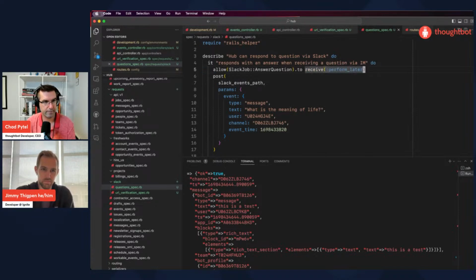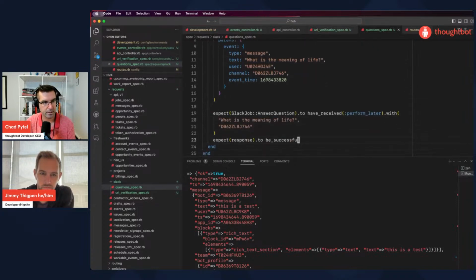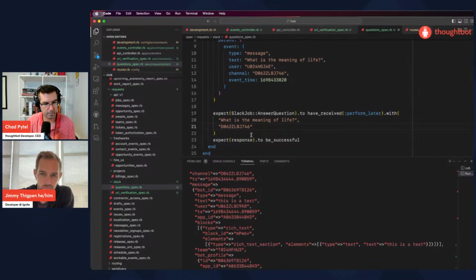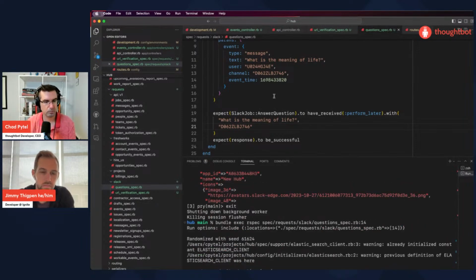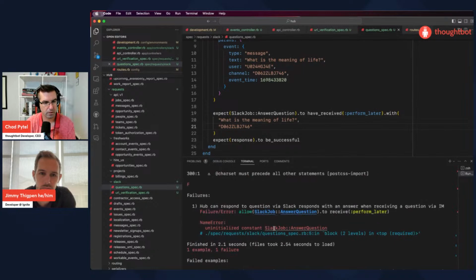So we're going to allow Slack job answer question to receive perform later. And this is going to fail because we're not currently doing anything. Yes, uninitialized constant Slack job answer question. So we're just going to let the specs guide us here.